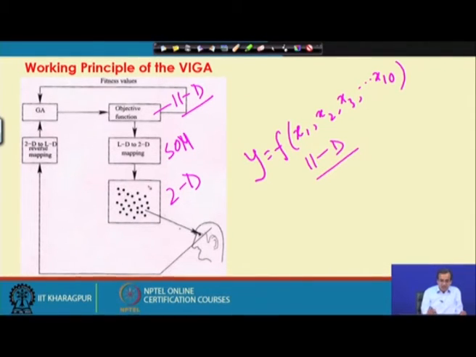and this was implemented in OpenGL. Now, with the help of a cursor, if I just click at a particular point, its fitness value, that is the value of the objective function, will be displayed on the screen. Now, if I click at another point, another point, another point, I will be getting all such fitness information.